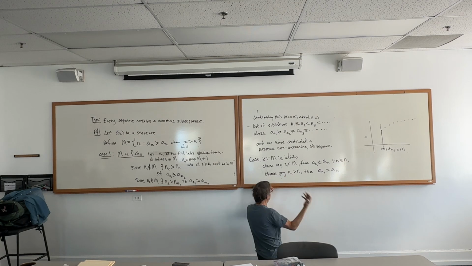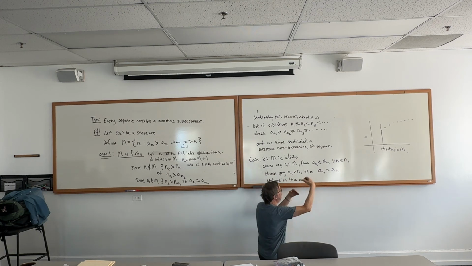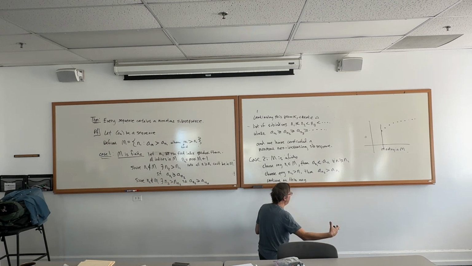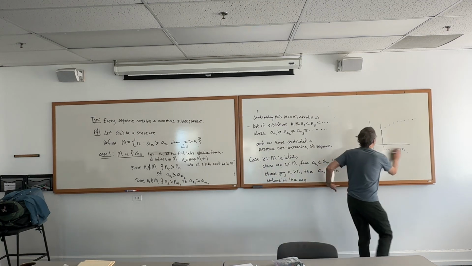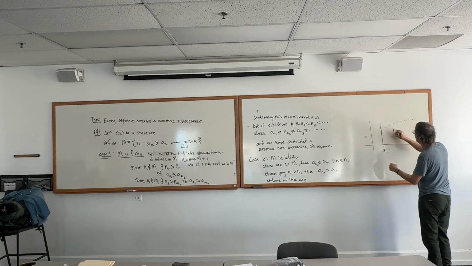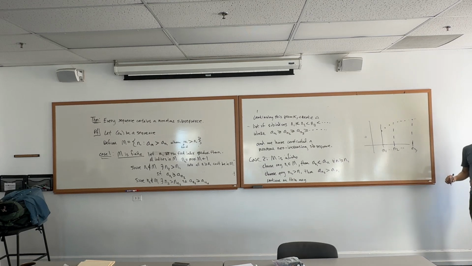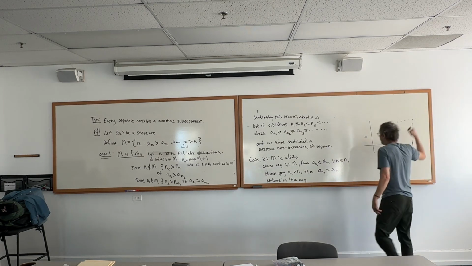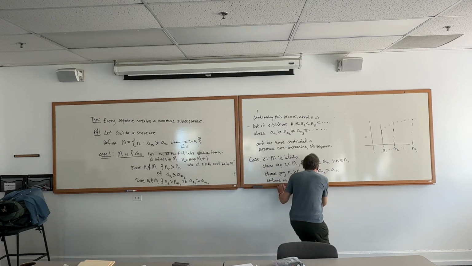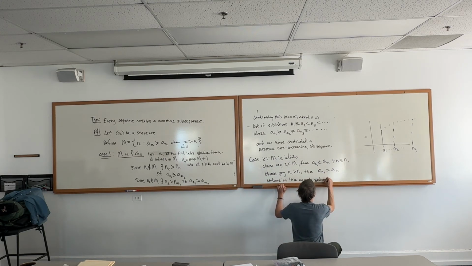Now we're at this inductive step. So continue on this way, just choosing any index you want to the right. There's lots of ways to do this. This is not a unique process because I can choose whatever I want. I could come up here and go, here's N1, and then that's N2, and then that's N3. But I've got myself an increasing, continuing this way to produce a strictly increasing